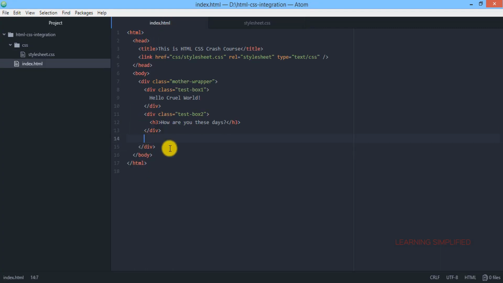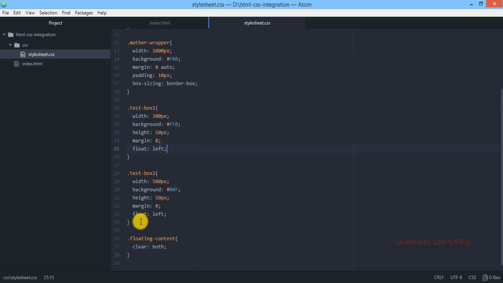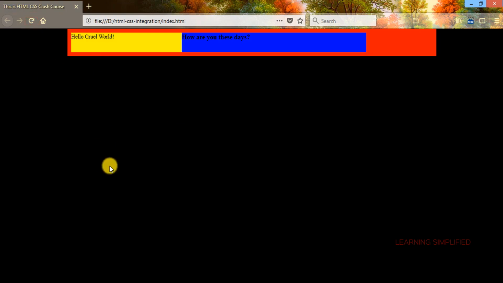Get back to your project and reload, and there will be a chance that both of them are now floating irregularly along their boundaries or perimeters, and that is why this kind of disruptive display is being observed here. Properly signify this clear both property if you are using a float left property. Only after that will you be able to get the proper or exact result that is intended.